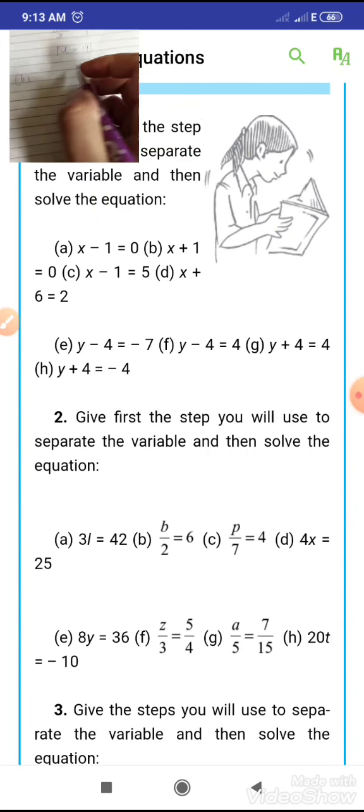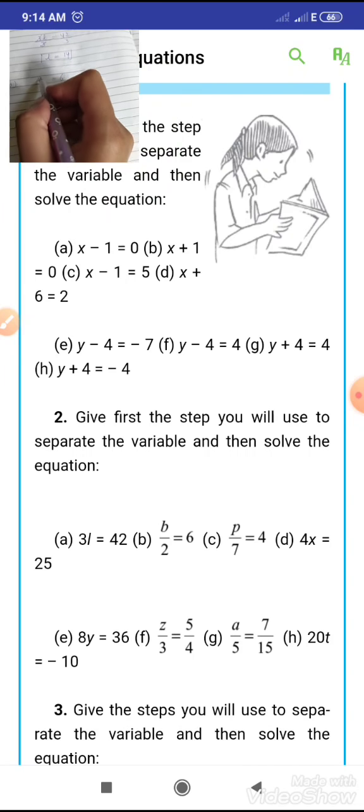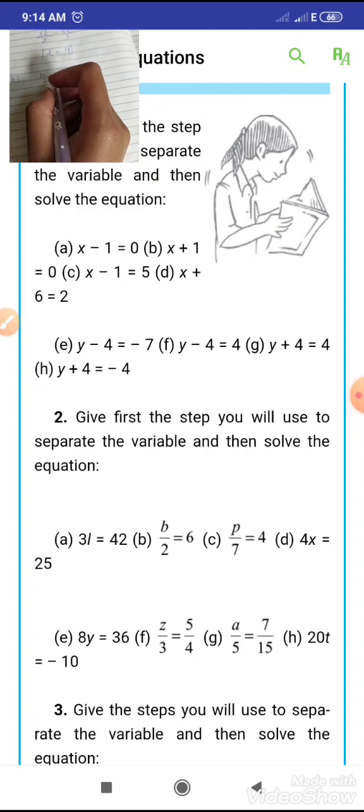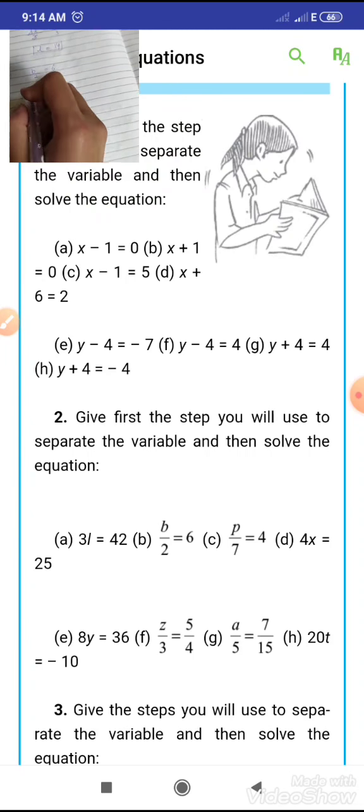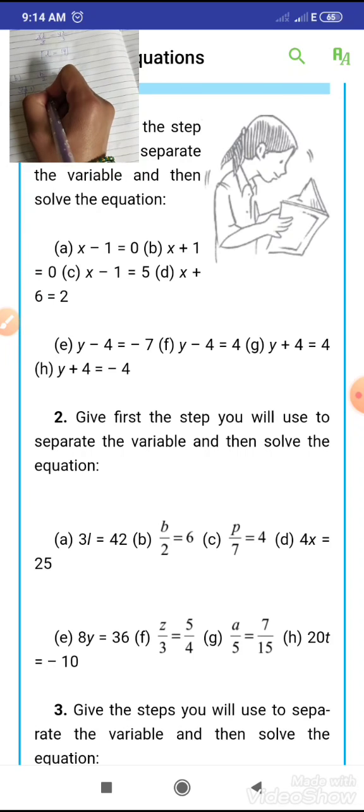B part of this question is b by 2 is equal to 6. We have to separate the variable b from 2 on the left hand side. So for this we multiply our equation by 2. So first we are going to write our step, and our step is multiplying both sides